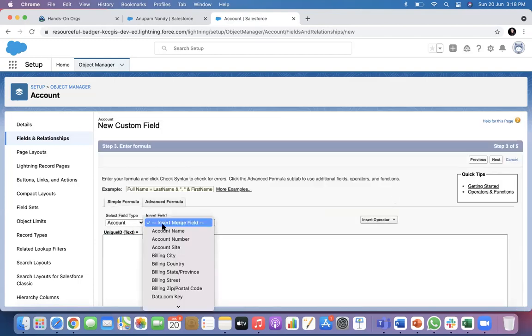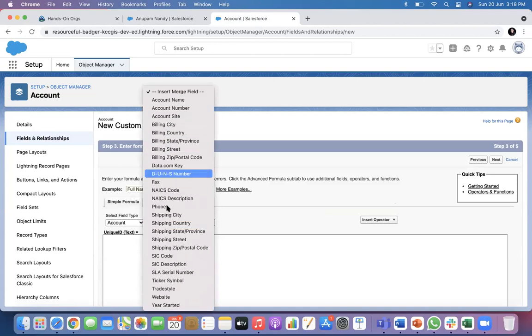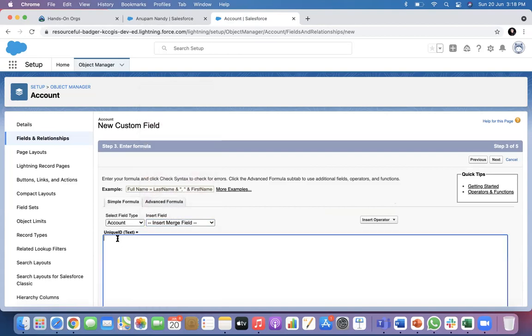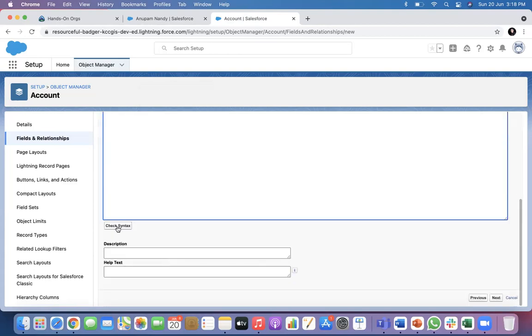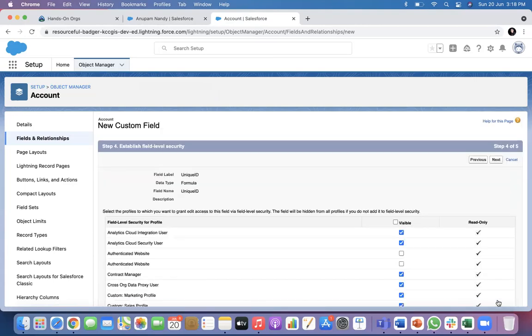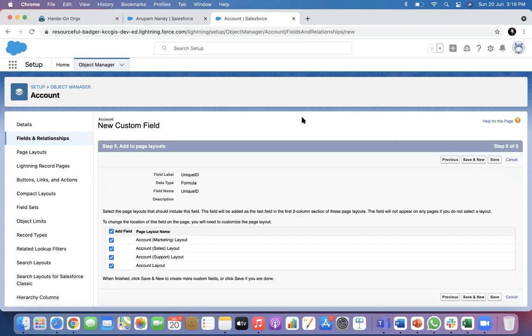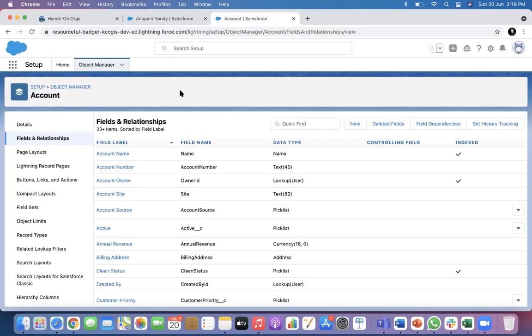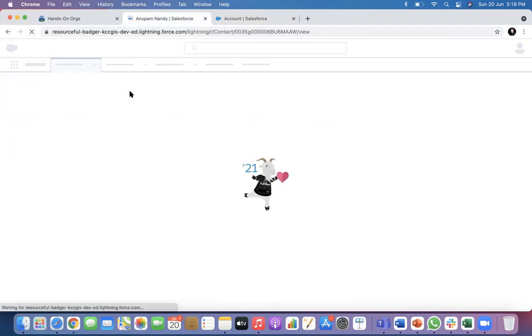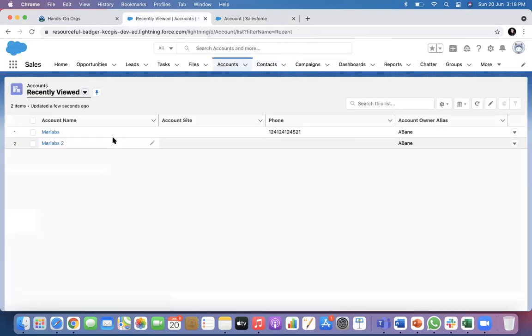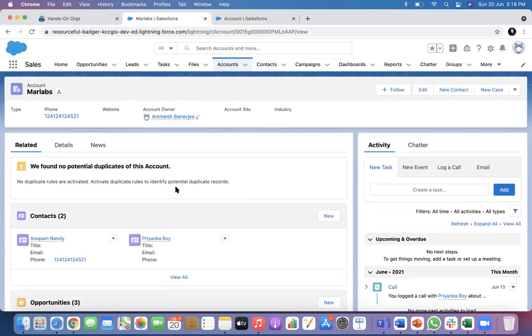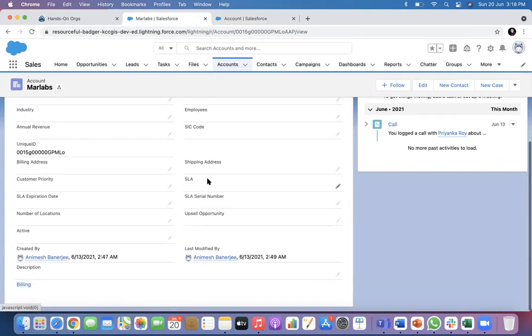In account, account ID is there. Yeah, we can see now the ID, right?